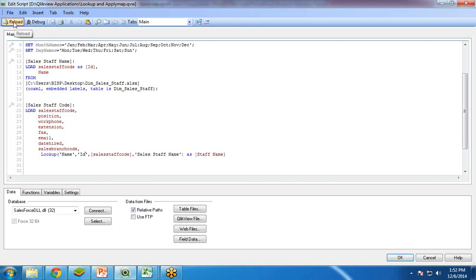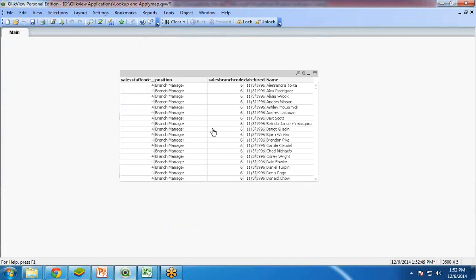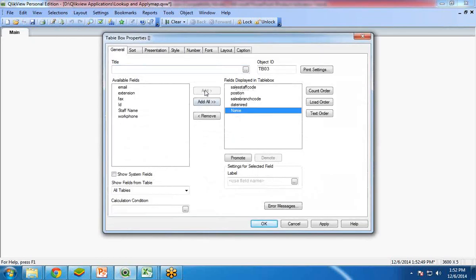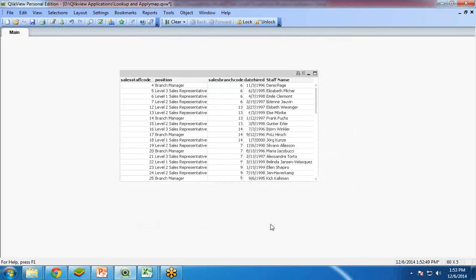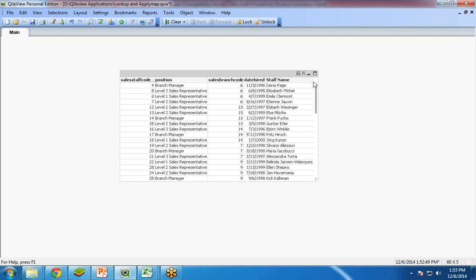Now let's save this, reload this, close, and let's remove this name column from here, and in place of that add staff name. Okay. So now you can see it's perfectly all right. We have got the sales staff code, position, sales branch code, date had, and its associated staff name.